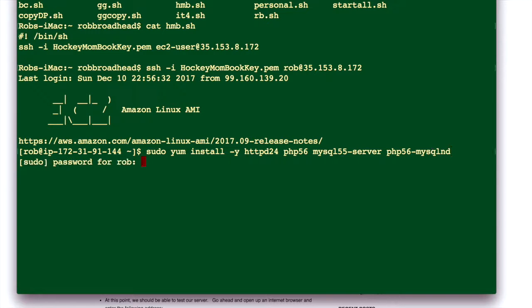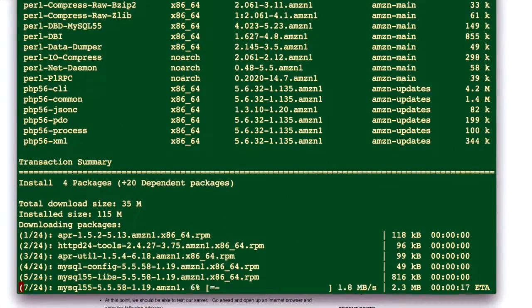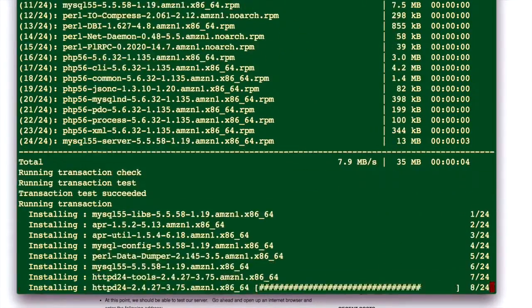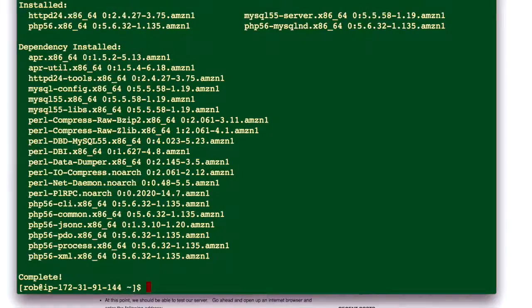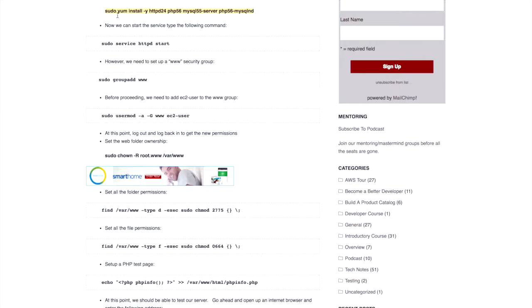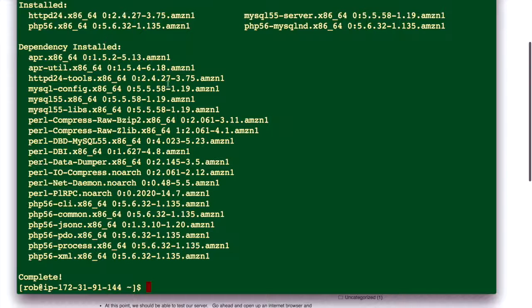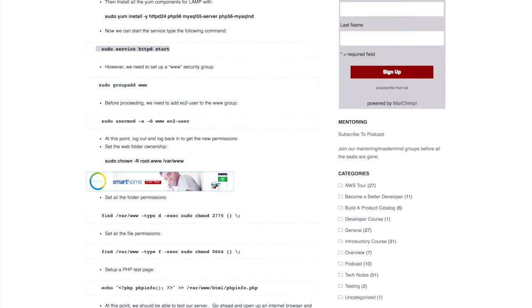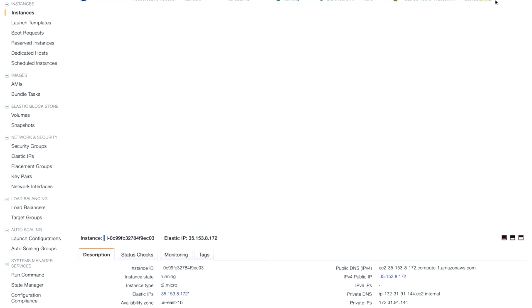So if we go ahead and do that, it's going to ask for a password and check everything out for us to say, hey, is this good? Do I have them all? It's going to start installing them all, and boom, we're done. So now, once they've all installed, we can actually go ahead and start our web server. It has been installed at this point. So it has started it, and so at this point, as we saw before, if I go to my management console,